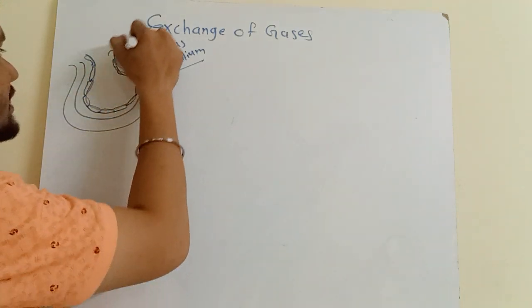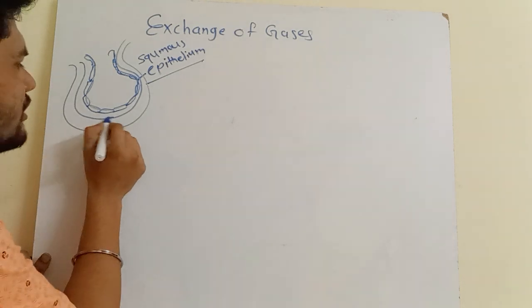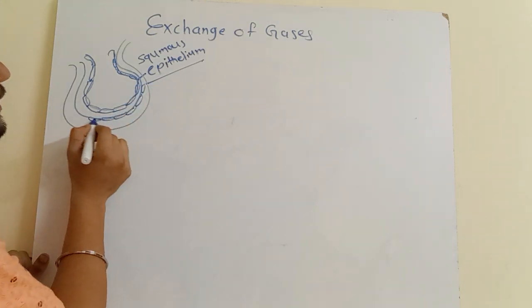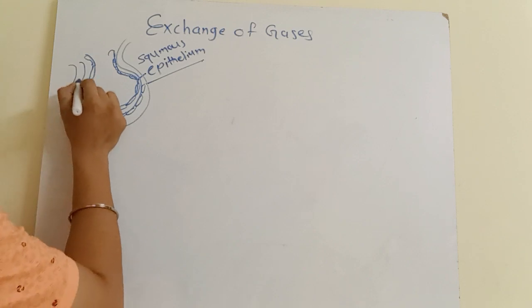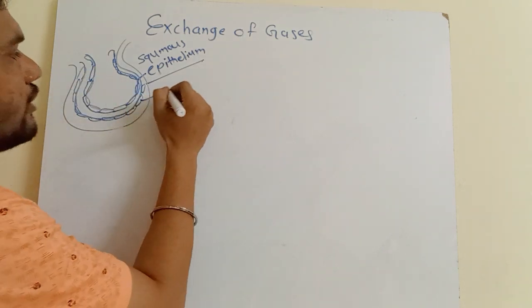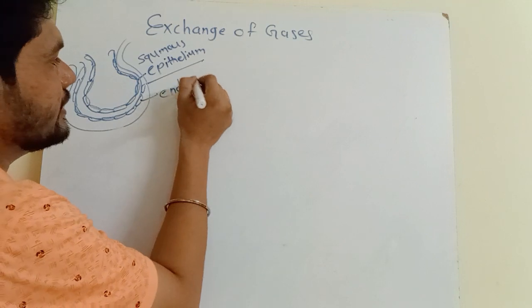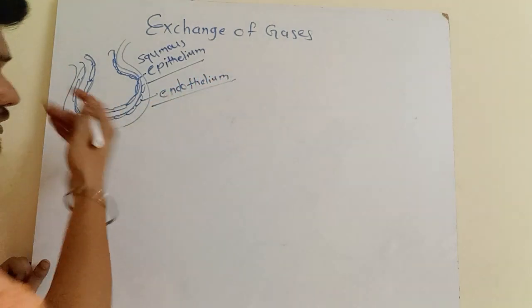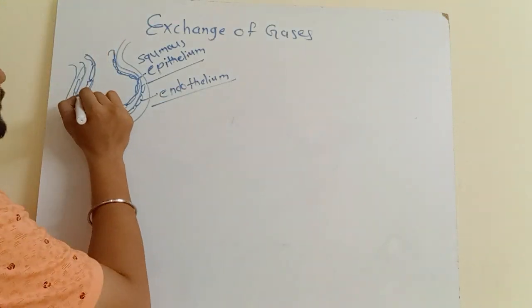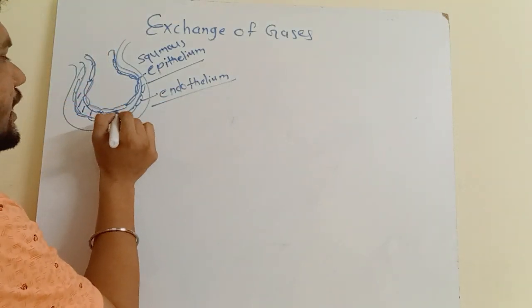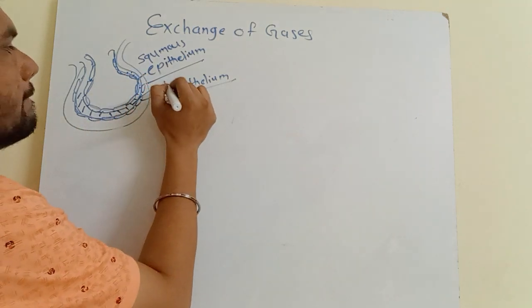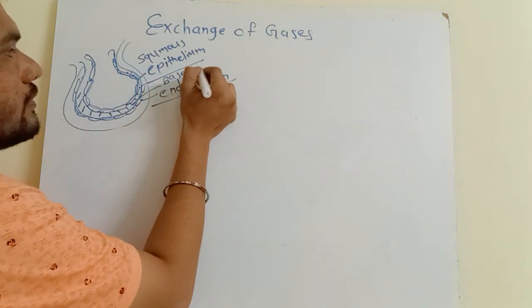These are the walls of the blood capillaries. They are also very thin, made up of only a single layer of cells, called the endothelium. So this is the endothelium, and in between these two layers there is the basement membrane. This is the basement membrane,